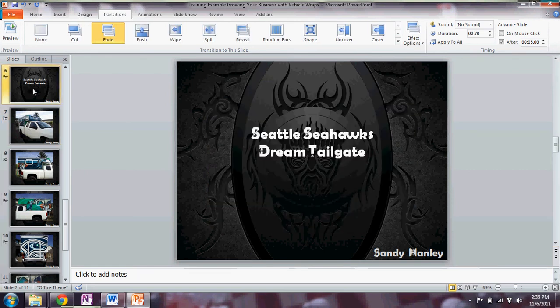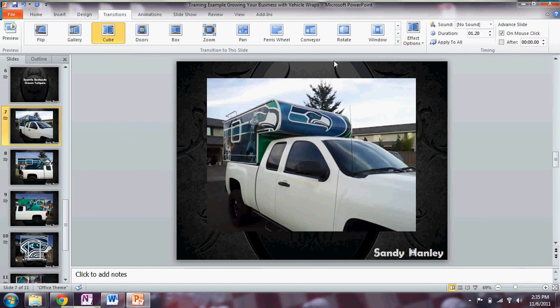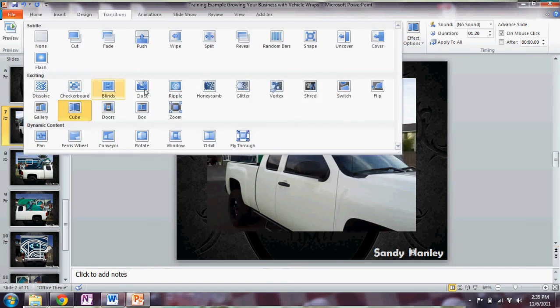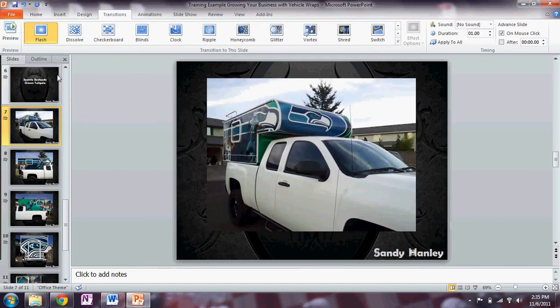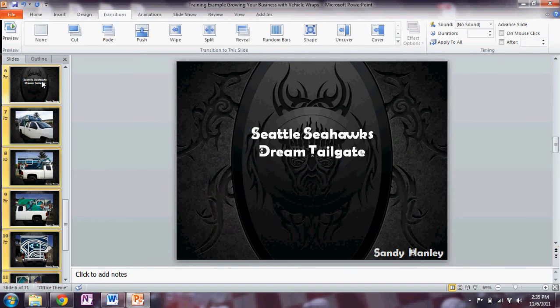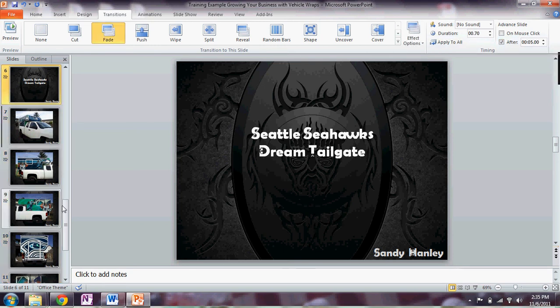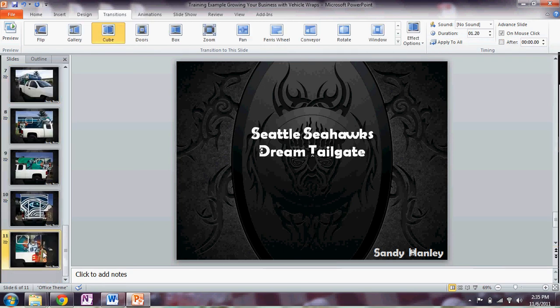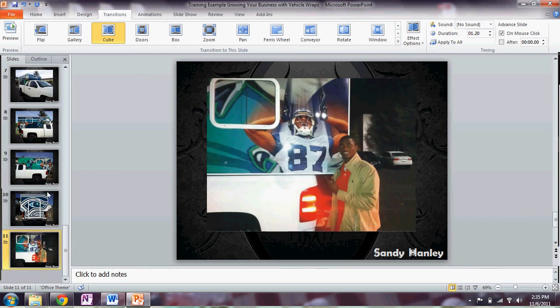Let's make sure we got this all set. That should be a fade, and actually on this one, this is what I did on the one that was not a test. I made this one a flash, so it would flash in. And for all of these, I'm going to select all of my slides. I really want them all to be after a certain amount of time. So like these,